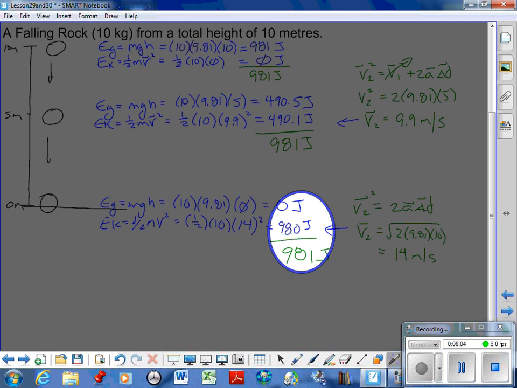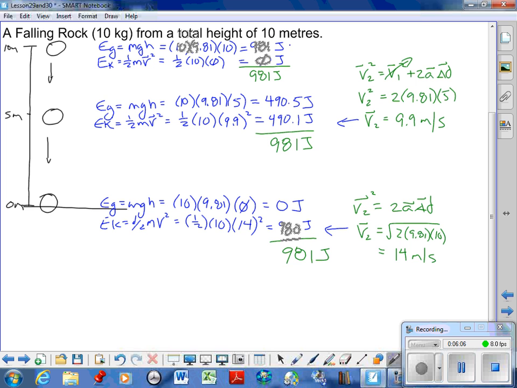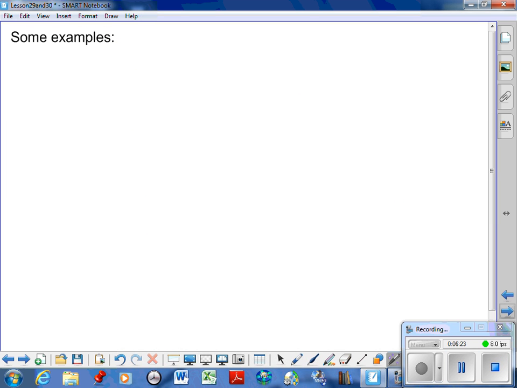Is the energy in the same form? No, at the top it's all gravitational potential. In the middle it's split halfway, and at the bottom it's all kinetic energy. So the energy form transfers from one to the other, but the total energy within the system remains constant. So I'm going to put the formula on the next page. So as a formula,